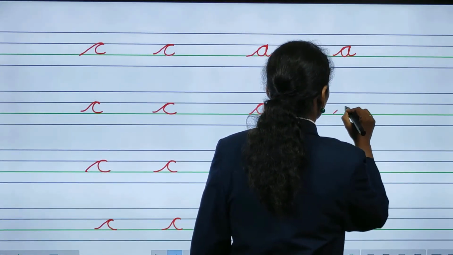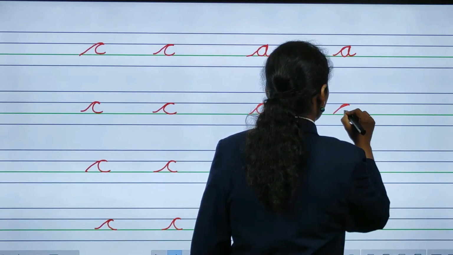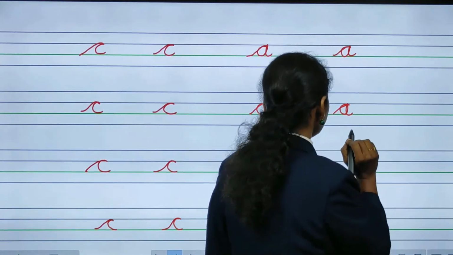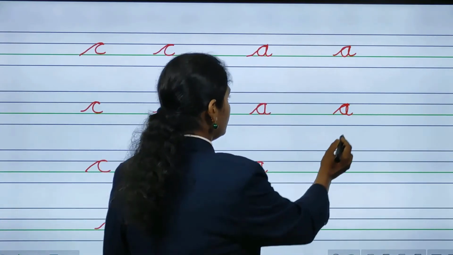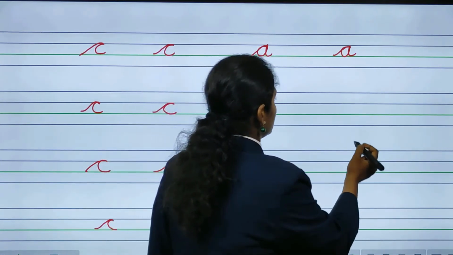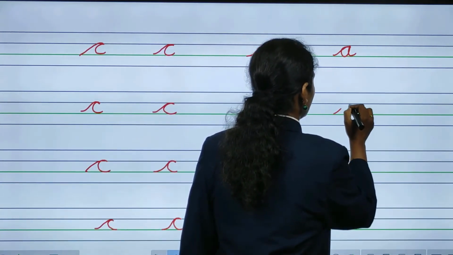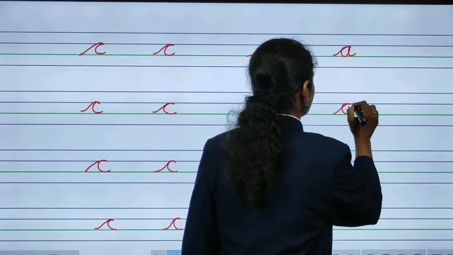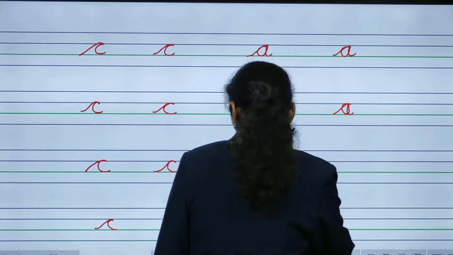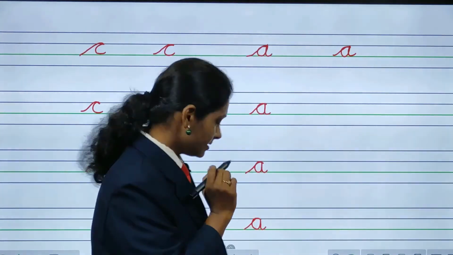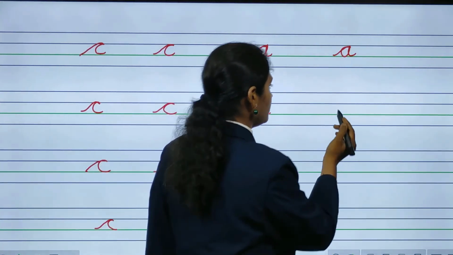Again start from the down, take it up, again go down. This is small cursive A. Which letter is this? Small cursive A. See, if you are making a mistake, then you have to rub it and you have to write it again.